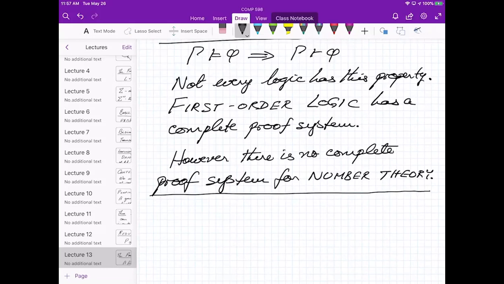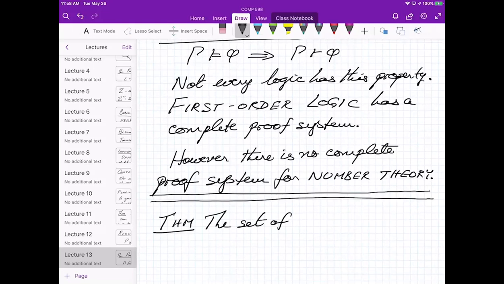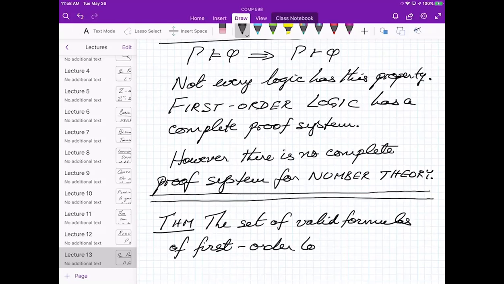And the theorem that I'm going to prove after the break is the set of valid formulas of first order logic is undecidable, but is CE.